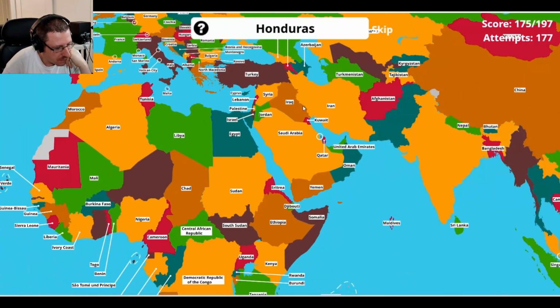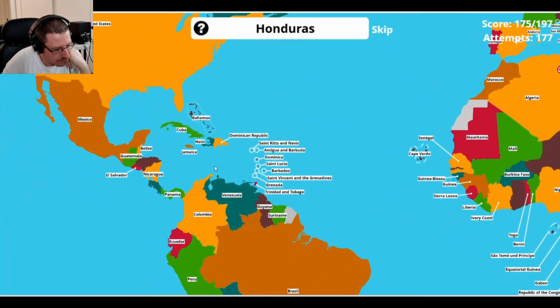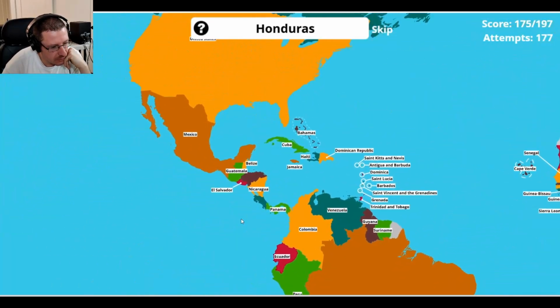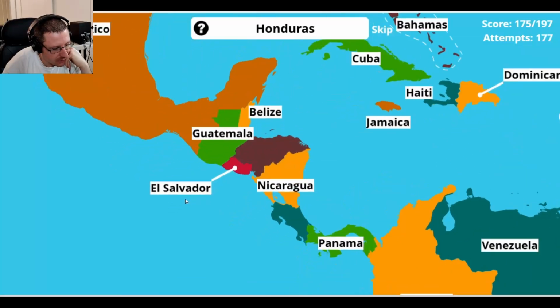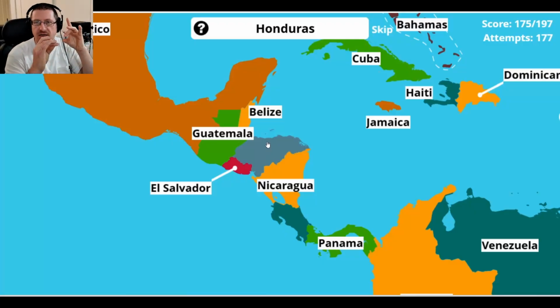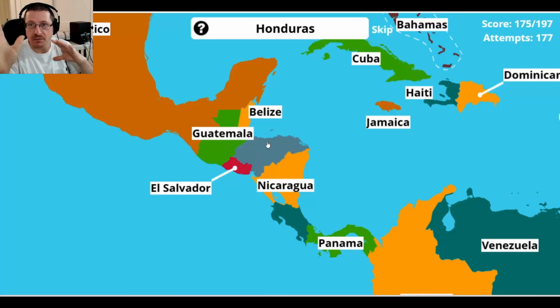Honduras. So remember El Salvador was land of volcanoes? There's like 100 active volcanoes in El Salvador. Honduras doesn't have any. It's crazy how things are bunched up into certain areas, and then the other thing could be the total opposite.